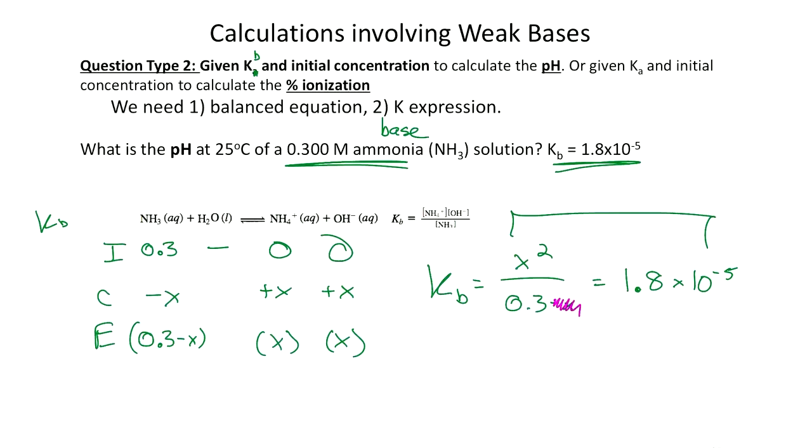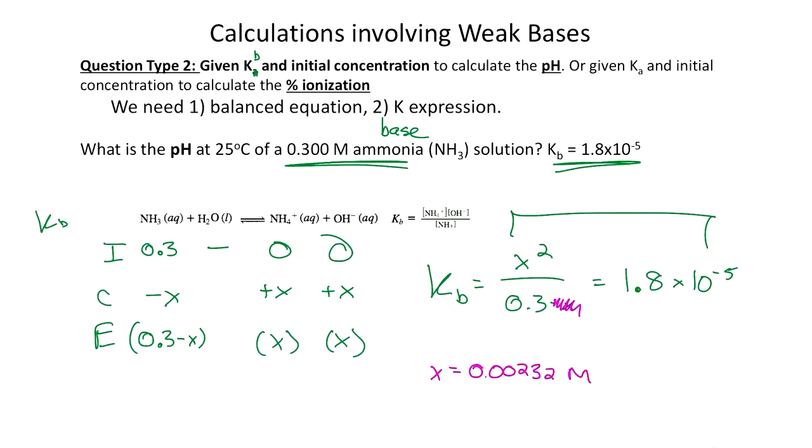Approximate. Do you think we can approximate? Why can we get rid of that negative x? Yeah, Kb is really small. Yes, okay. So this, we don't have to approximate, it's just simply a square root. So 0.8 e negative 5 times 0.3, take the square root of that. And so I get that x is equal to